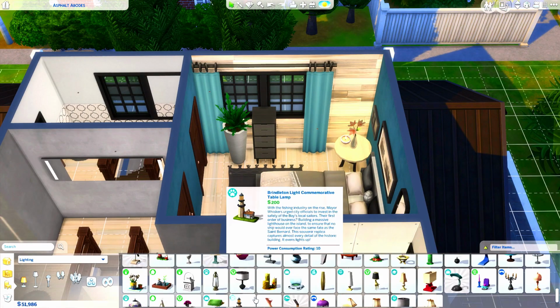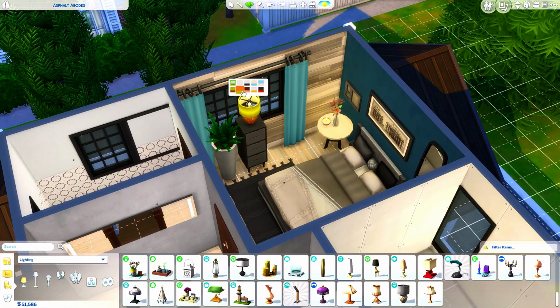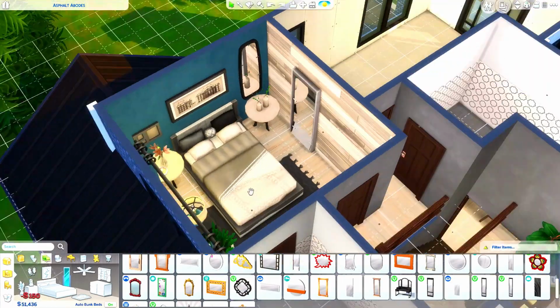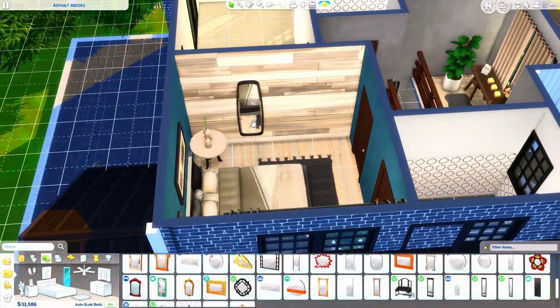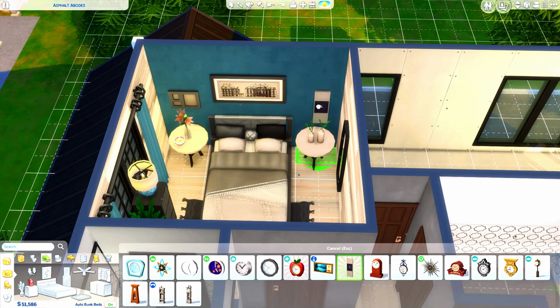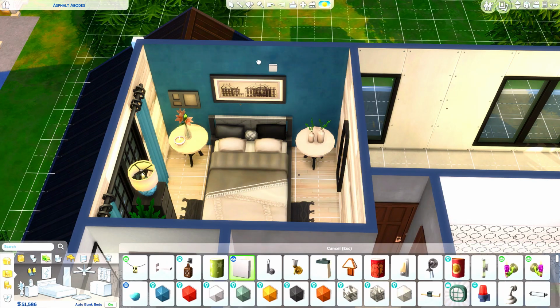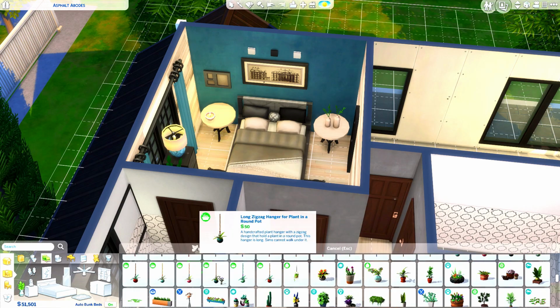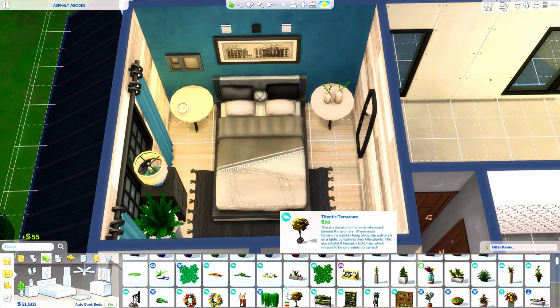This is only the main bedroom because it has an ensuite. That's the only reason. If you prefer the bedroom downstairs, you could have that as the master bedroom. It's entirely up to you. You might want to switch stuff around when you download this. I don't know. Anyway,